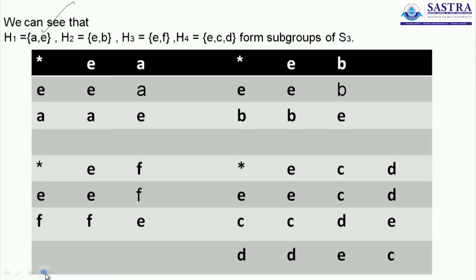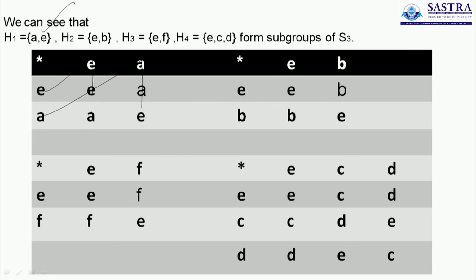Okay. So when I take only 2 elements A and D, it also happens that they form a subgroup. The set is closed. The operation that you have done so far, this result stays within the set. So it is actually closed, and A is its own inverse because A star A is E. E is also its own inverse, so it is closed, it's a subset, and every element has its own inverse, therefore H1 is a subgroup.